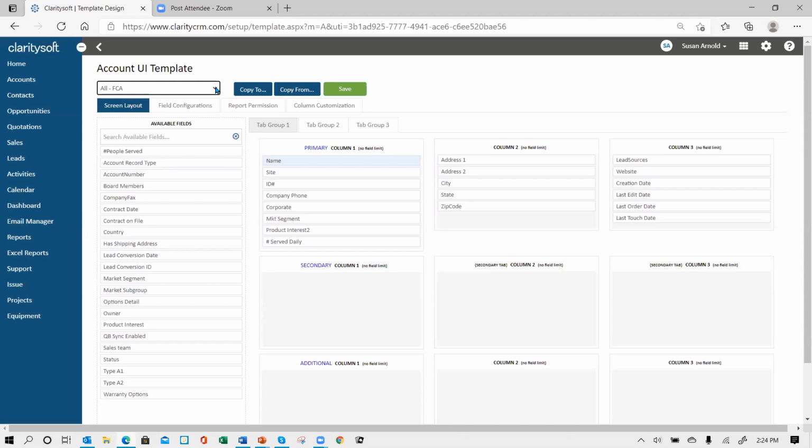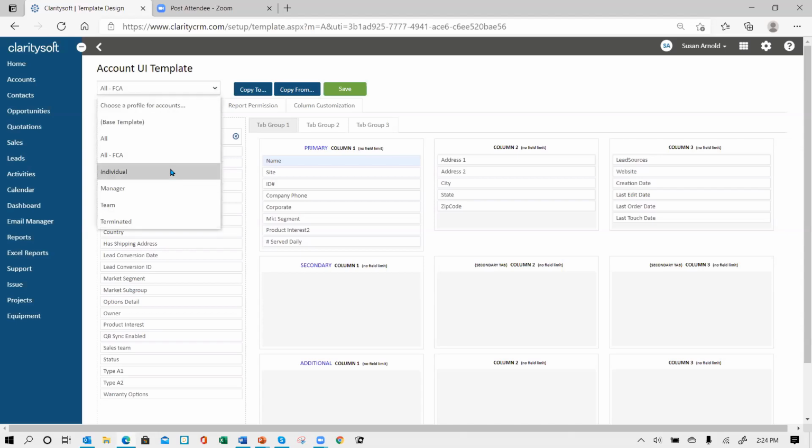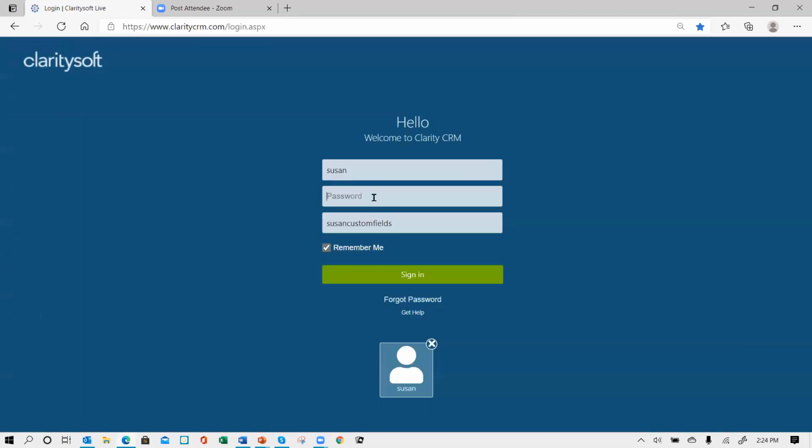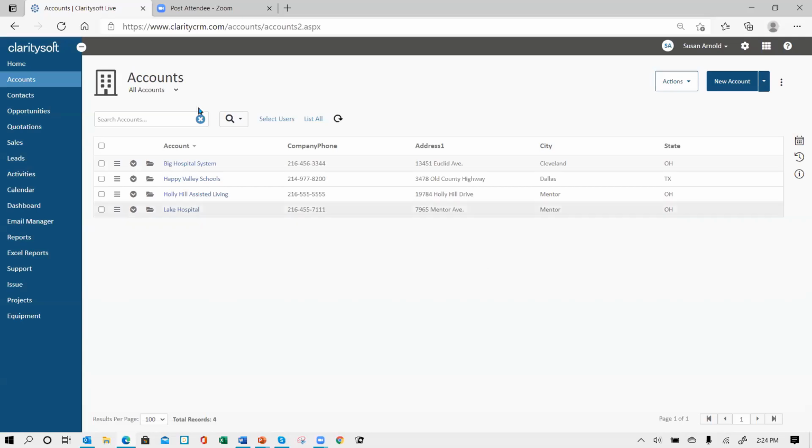Hello, there it is. And if I switch to individual, it should look the same as well, okay? So that's what the copy to is for, so you don't have to do this 3 times. All right, now, once I've done those, the next step, you must log out and log back in. Whenever you're working in settings, after you've done work in there, you must log out and log back in to see the changes. So if I open up this record,